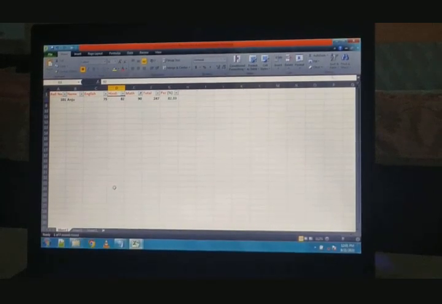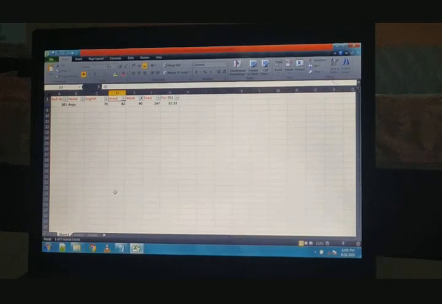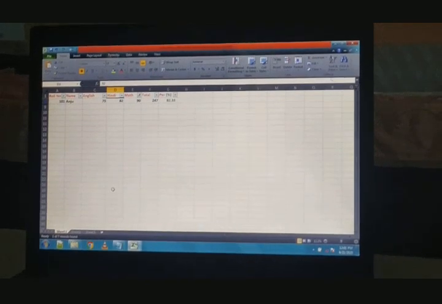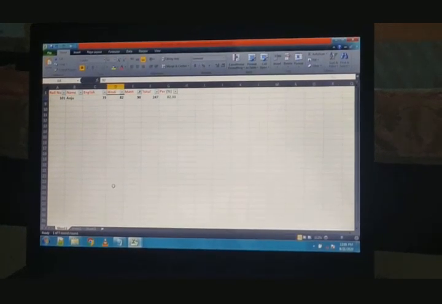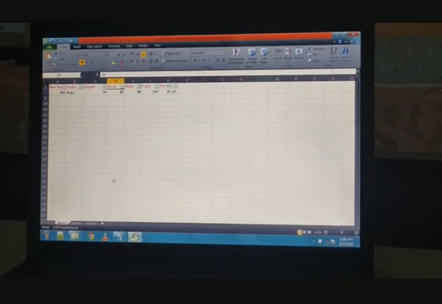So we see that there is a student, Anju. She got 90 marks in maths. Students, I hope you understand that it is very simple to do, and it takes a very short time to do the filtering from a large number of records.